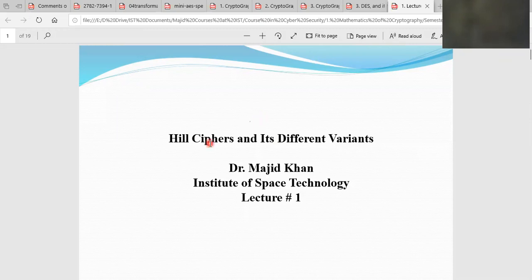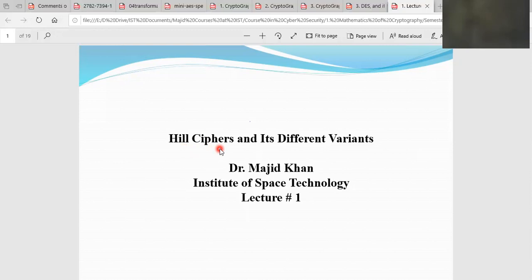Assalamu alaikum, students. Today our lecture is about Cipher and its different variants. This is our first lecture. In this lecture, we basically design some new encryption algorithm that is basically the extension of Hill Cipher. The Hill Cipher is fundamentally based upon linear transformation, and it means the transformation is basically